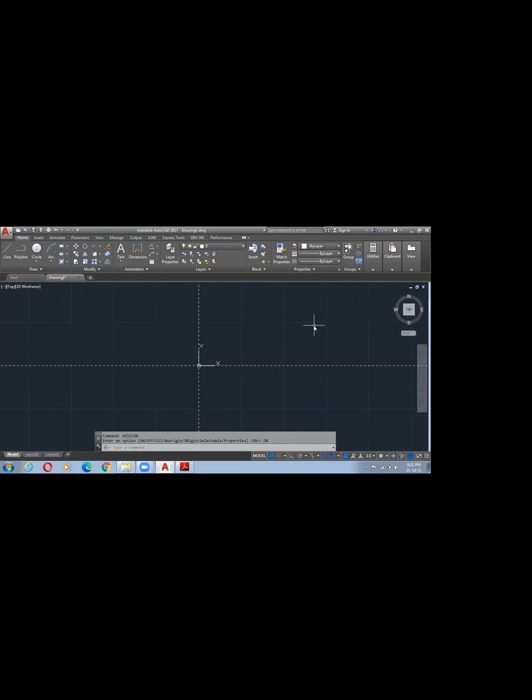For polygon, shortcut is POL. Enter. Okay? And now here, first step we need to enter number of how many sides we need. 5, 6, 7, as many we need, we can. Okay? And selecting 6. By default here see, 4 sides are there. Polygon, enter number of sides 4. I'm sorry, we need 6 sides. Enter. In polygon we have 2 types. Okay?